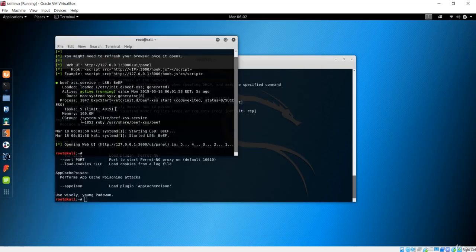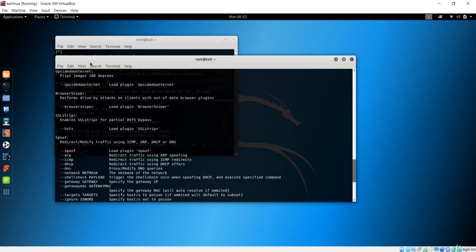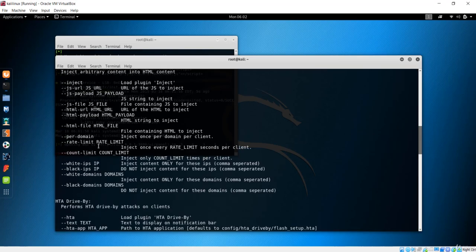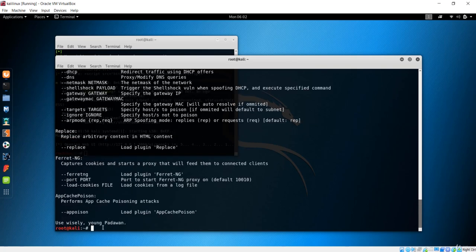So you could see we have this URL over here, which is the script URL. So that means you can use, let me just make this a bit bigger, then you could see over here we can use this inject method. So we'll inject the URL with the help of this man in the middle.